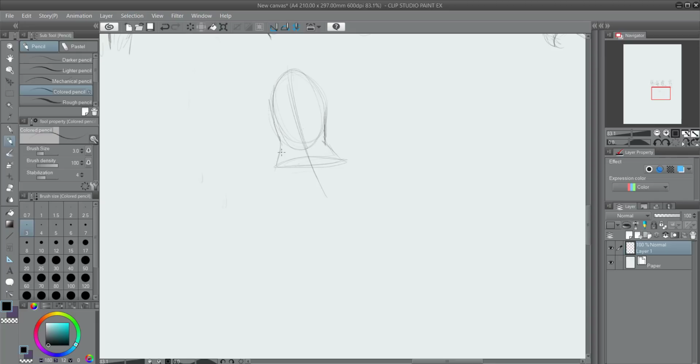Want a basic hourglass figure, and then we're going to come down to the actual crotch area, which is going to be way down here. That's coming up like this, and we're going to come down like that with that basic skirt shape. So if you just imagine this shape right here, that's what we're going to be drawing everything off of. All right, so now